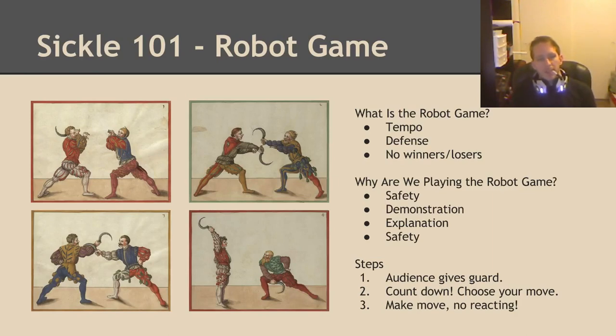This is to teach us timing. What can I get away with in the same amount of time as you can execute a move? It's also to teach defense, which is one of my favorite parts of this. And a lot of beginning rapier, a lot of times you'll have people that'll just sort of dive on your sword, but in the process they'll